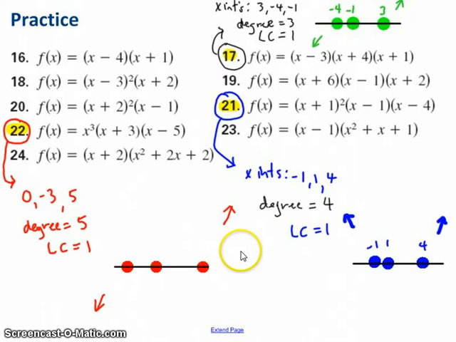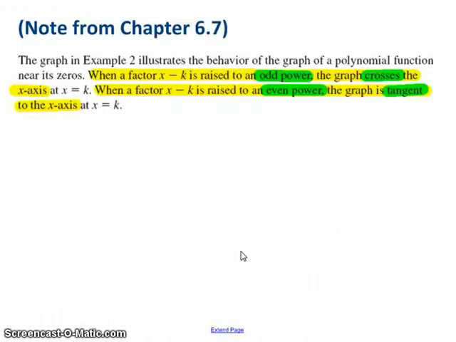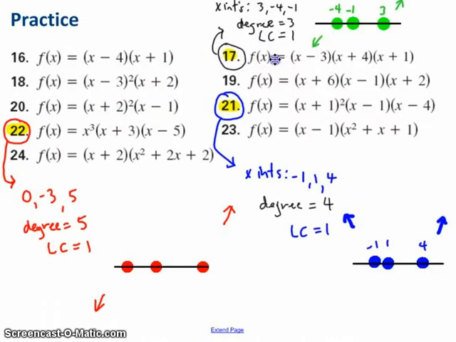Let me show you one other thing, though, that I have to teach you in order to do that. There is one paragraph buried in chapter 6.7 that I wish were more highlighted. I wish it got one of those green boxes that the chapter sometimes gives to key information. I think this is key information. When a polynomial has been factored, when one of those factors, they just generally call it x minus k. Looking back here, they're talking about an